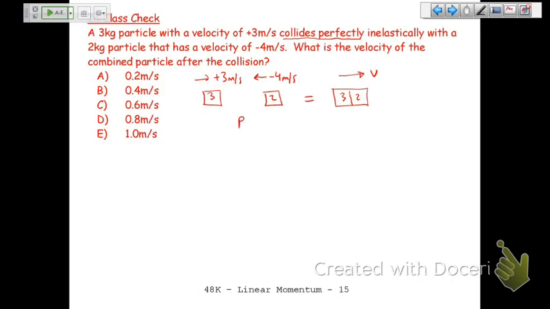So P initial equals P final. M1 V1 initial plus M2 V2 initial is equal to M1 plus M2 times V final. People say, why do you write that down every time? Because I want to remember it when I do a test. If I don't practice writing it down, I'm not going to write it down in a test. And I'll tell you,